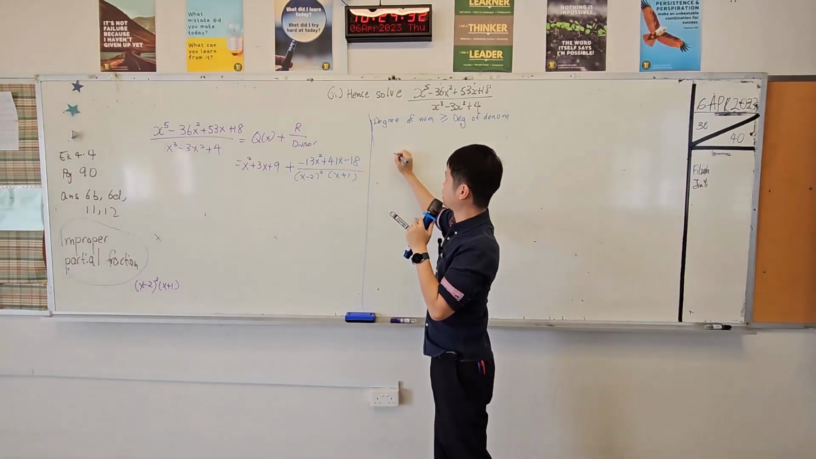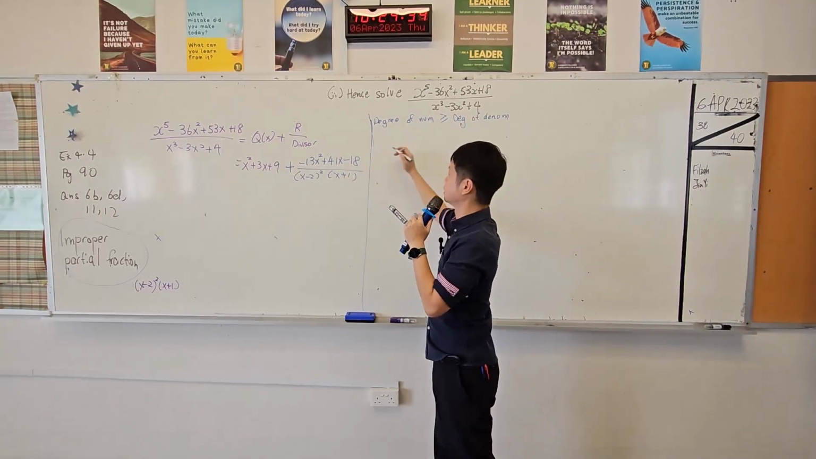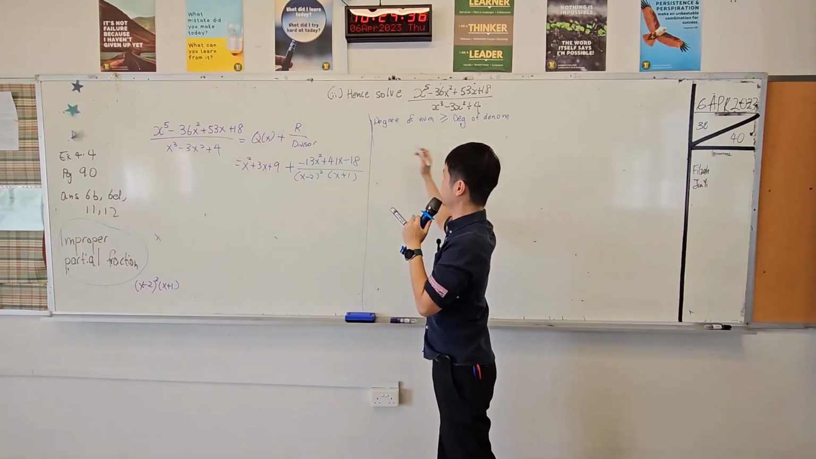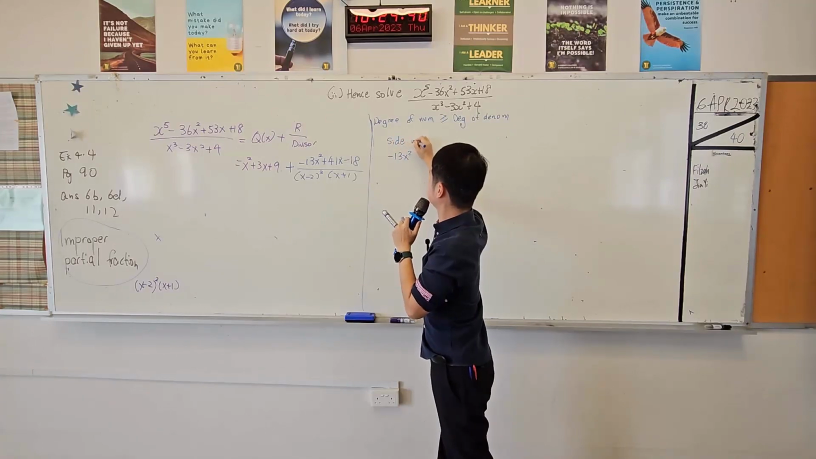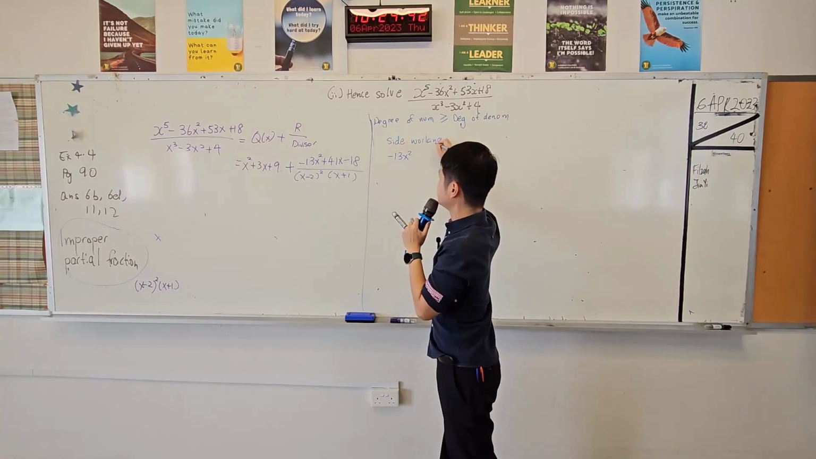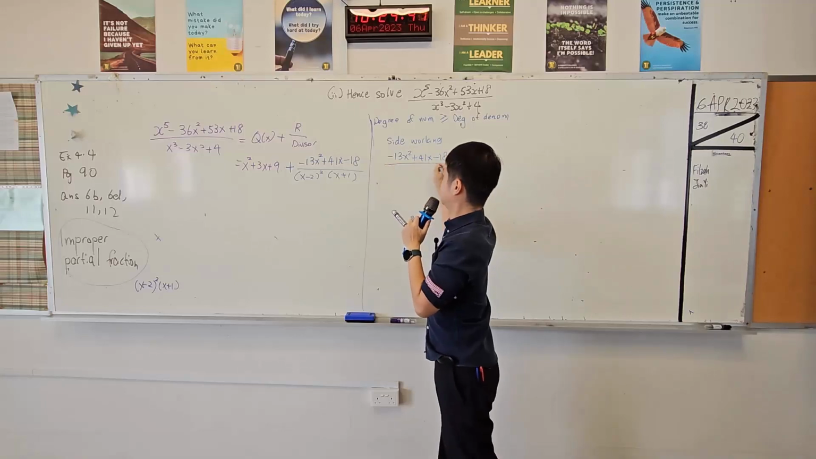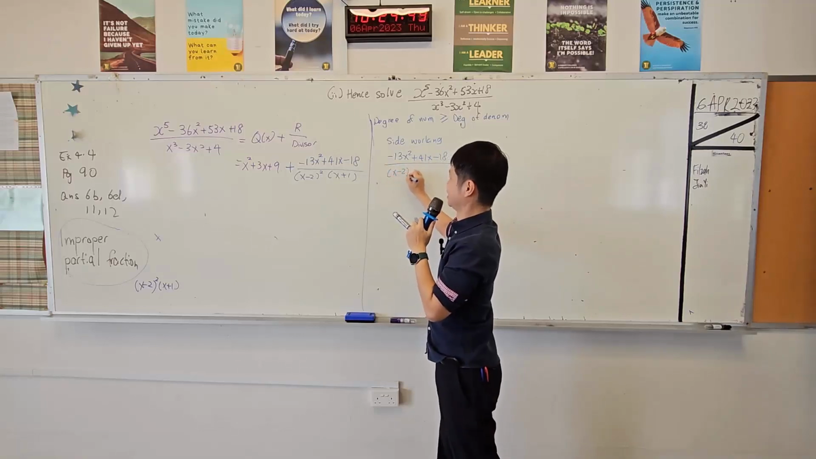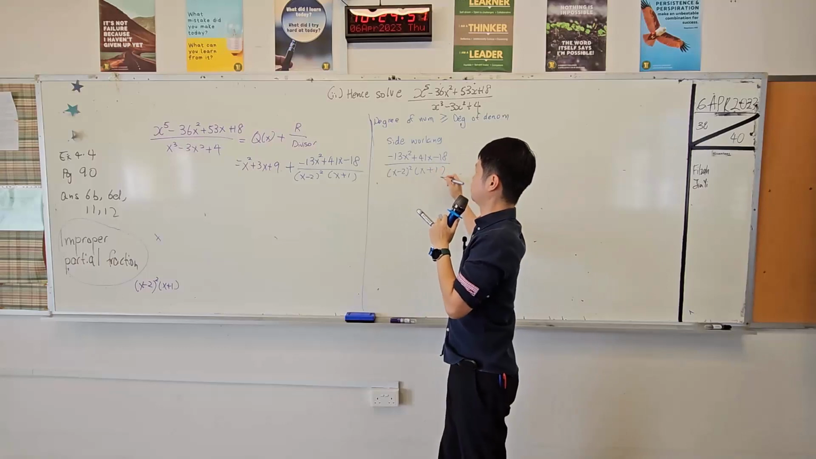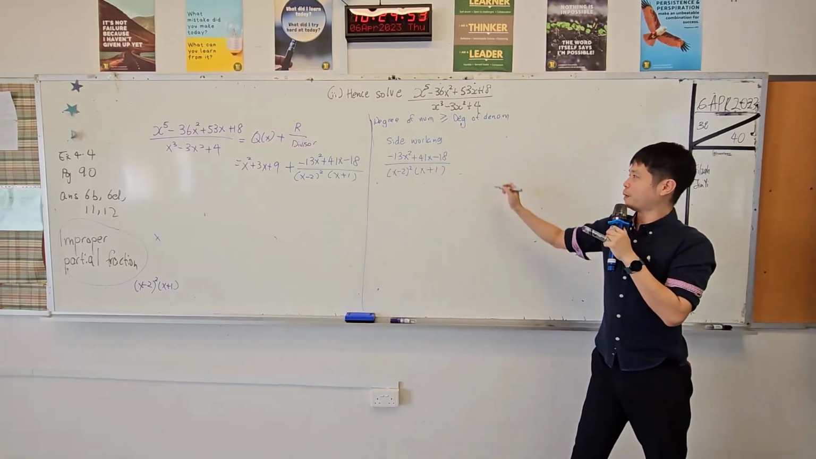So partial fraction, this is like a side working. You can write it at the bottom of the page. I like to do side working, right? So this is the side working. I will share something with you after this. Let's break it into partial fractions, which is